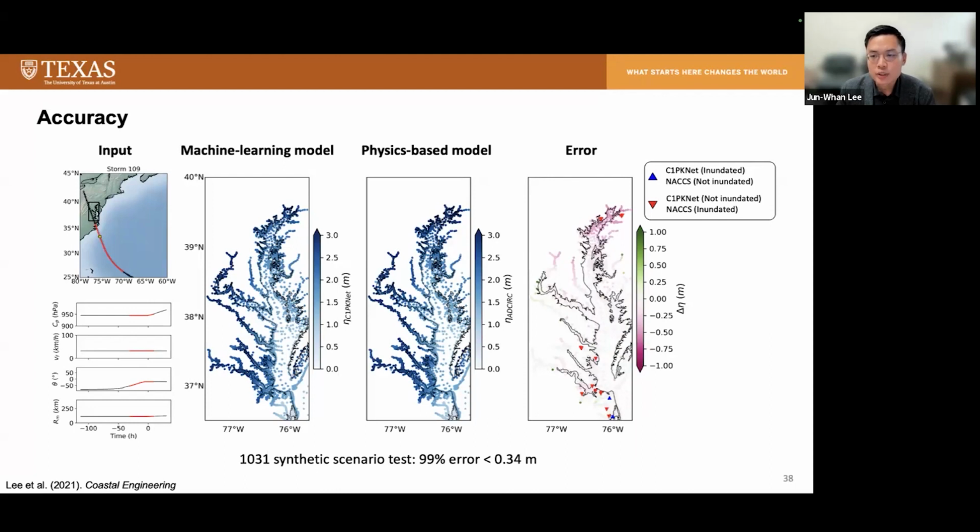This figure shows the results of one synthetic scenario, which was, of course, excluded during the training process. The left figure shows the machine learning model input, which is the tropical cyclone track time series, and the three right maps show the machine learning model prediction, the physics-based model prediction, and the peak storm surge error between the two models. And the cross-validation results showed that 99% of the error was less than 0.34 meters, which is quite accurate, again, considering the